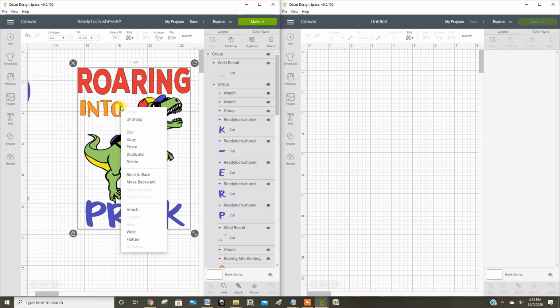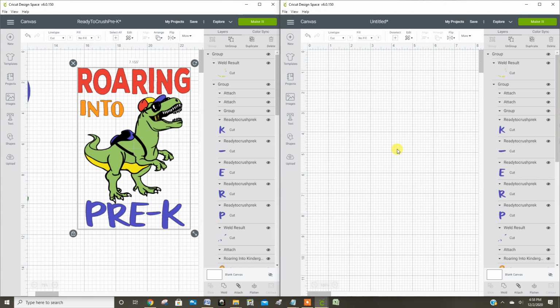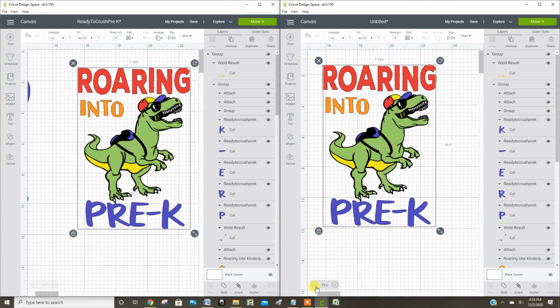So now I can right click on this and go copy and then move over into this other screen and go paste. It's being a little slower than I would like, but there it is. So now I have my dinosaur image that I took from my shirt project and moved it